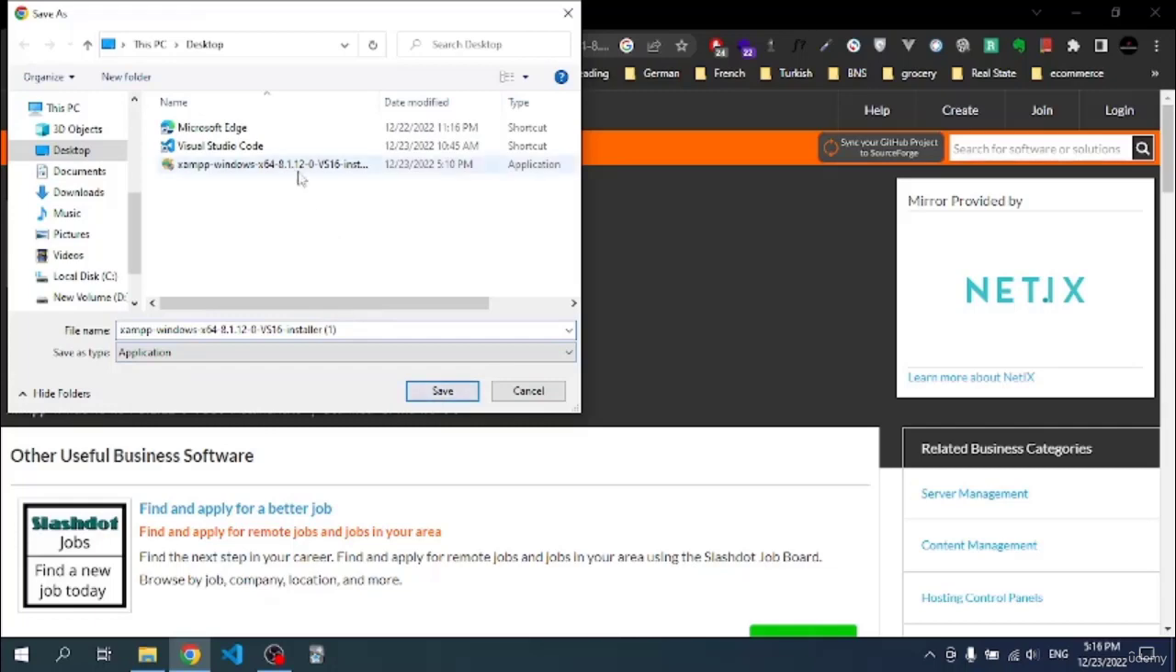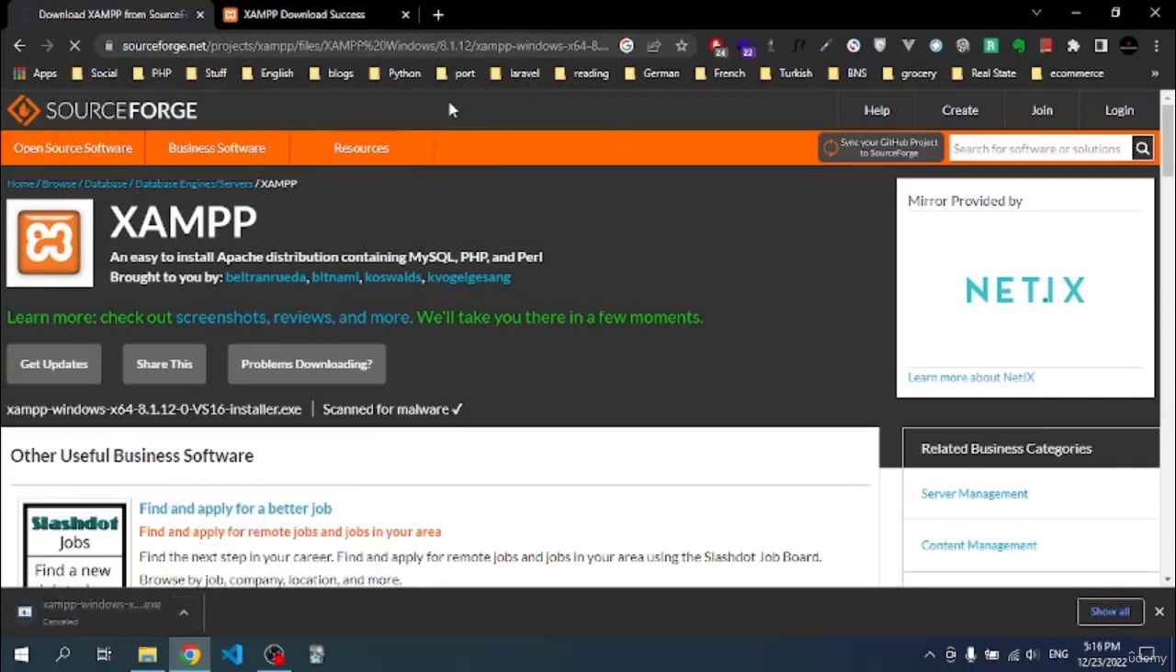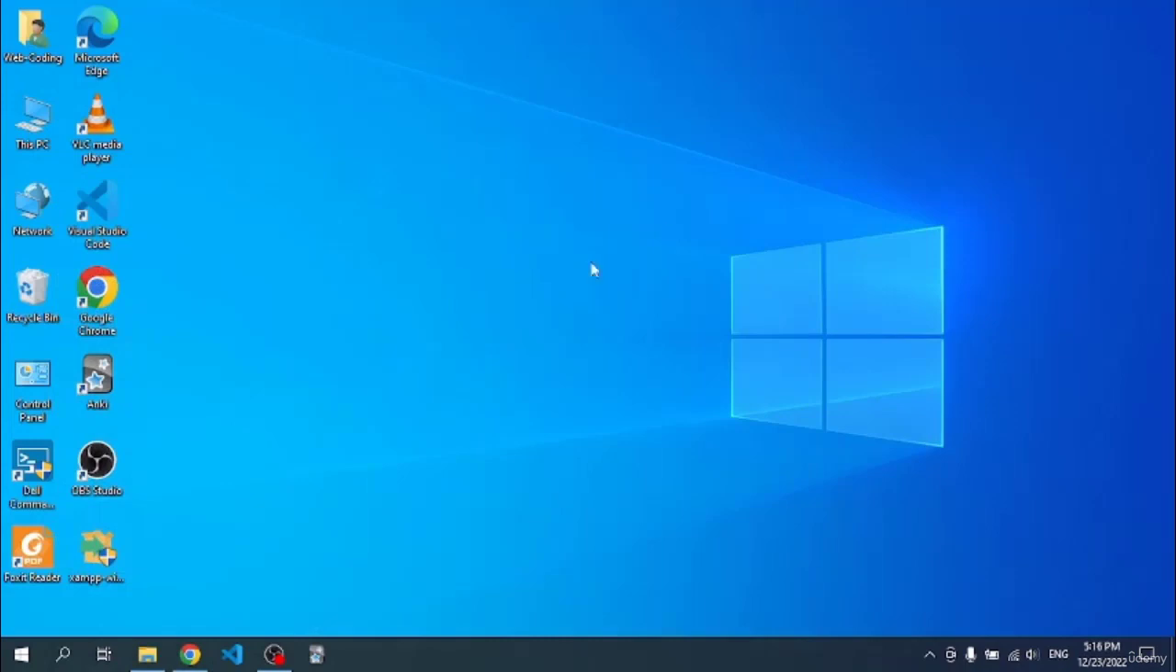If I click on save, it starts to download. I already downloaded the program, so I'm just going to cancel this and install it right away. After you download it, just go ahead and click on it. I saved it on my desktop. If I click on yes,